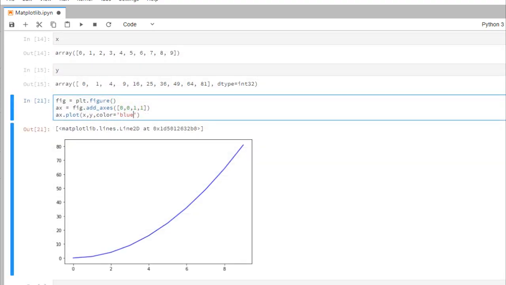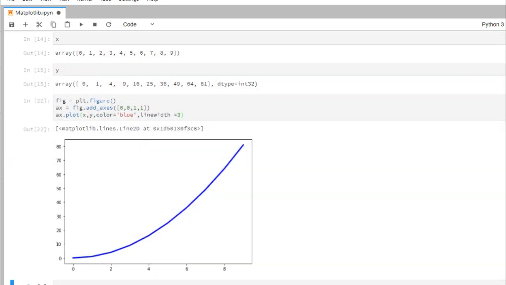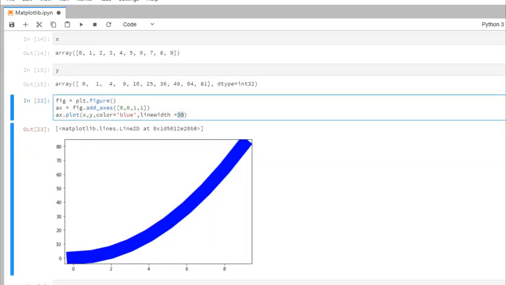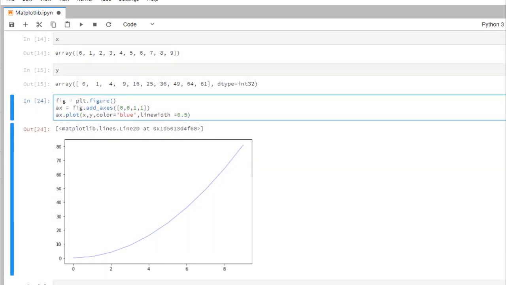Another parameter that you can use to style your plot is the line width. If I keep this as 3, the line size is multiplied by 3 times, so that gives me a thicker plot. And if I keep this as 30, that gives me an even thicker plot, and I can even put decimal points, so 0.5 gives me a thinner plot. So let me put this at 1 for now. I can also write lw for short,